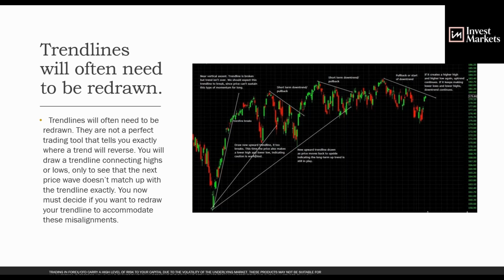There's nothing wrong when you discount one or say it's invalid, just get it off your chart and then put the next one on, because as the price moves, you're going to put on many. This was an uptrend, but we could have never predicted that this is the way price was going to move. And we only want to be using the most current trend line, because it's the only thing that is valid at the moment.